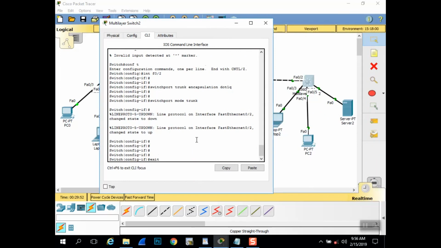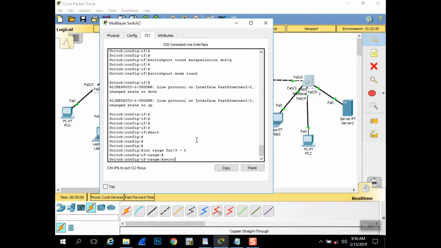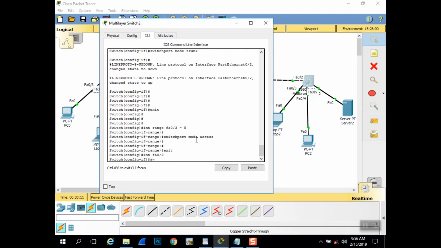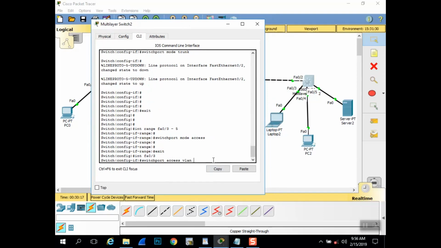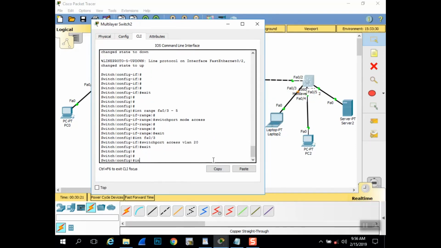Now type exit, then interface range Fa0/3 up to 5, then let's declare it as a switchport, switchport mode access, then enable each interface manually. Fa0/3, then switchport access VLAN. Since that is the laptop, let's go with VLAN 20, then exit, then